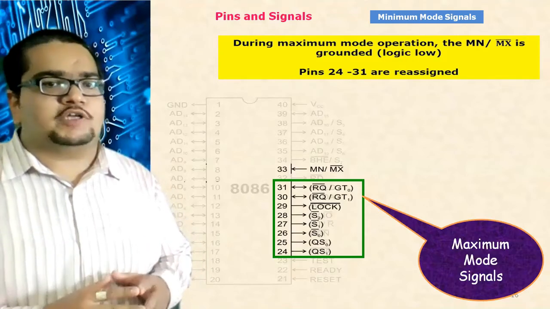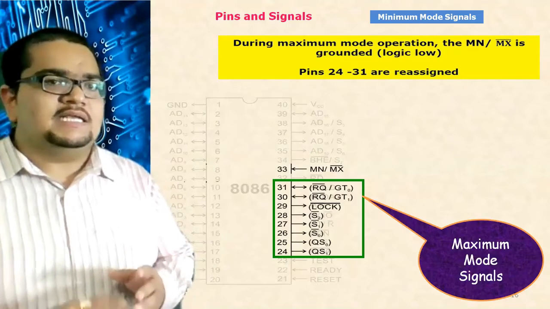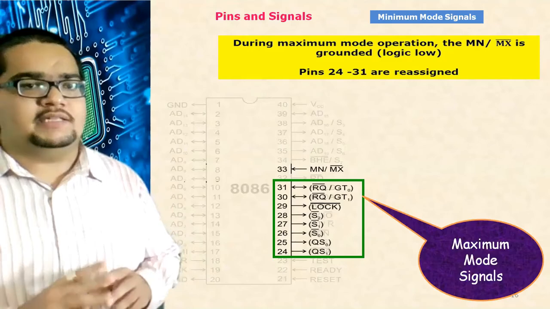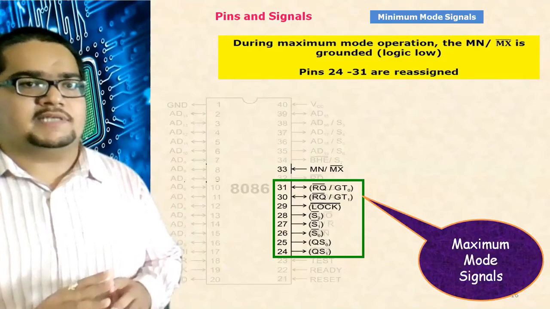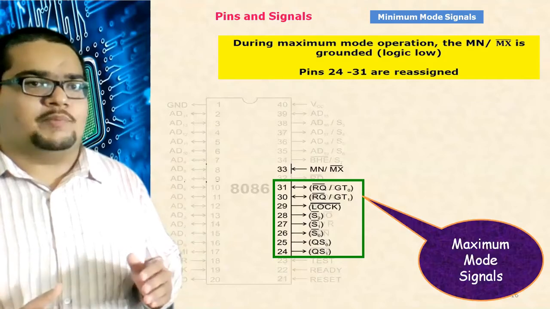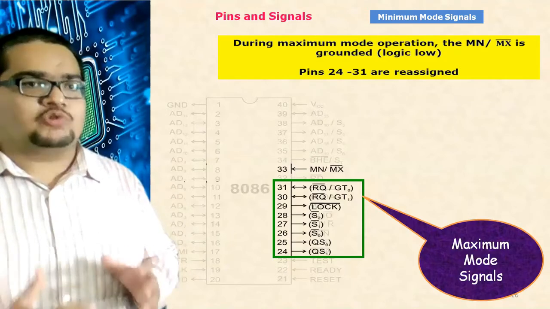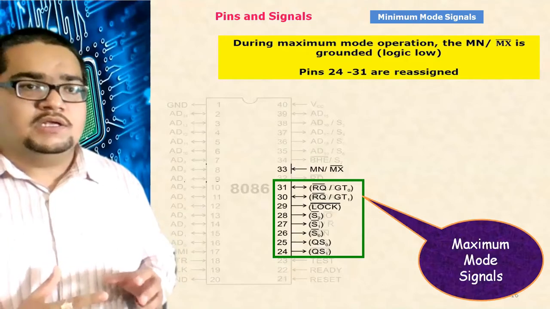But today we have to focus upon these particular lines, pin number 26 to 28, that is S0 bar, S1 bar and S2 bar. So again these 3 lines work together as 3 signals, 3 binary bits, giving 2 power 3, 8 different combinations of the status. And what those statuses are, we will check, as we will be checking about the queue.